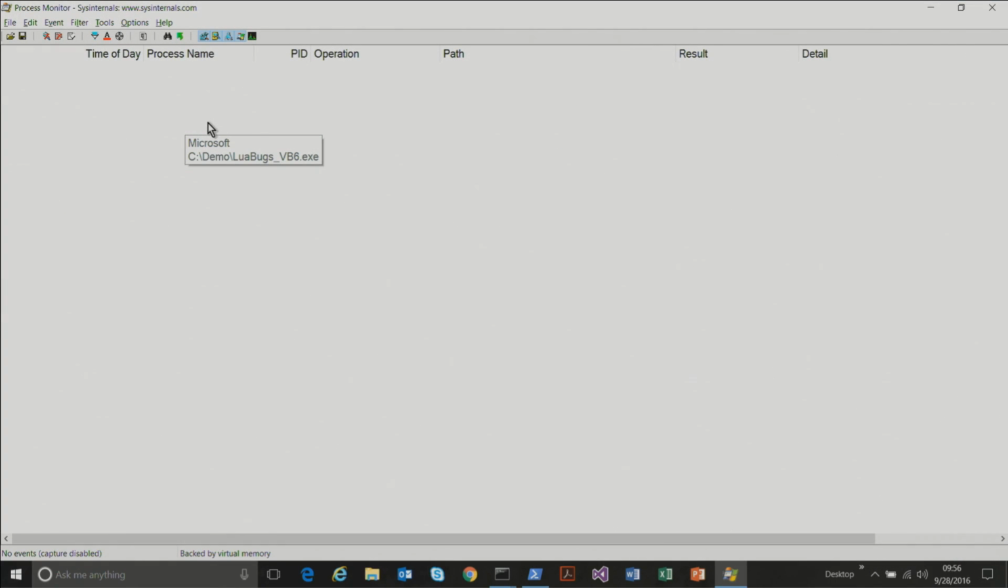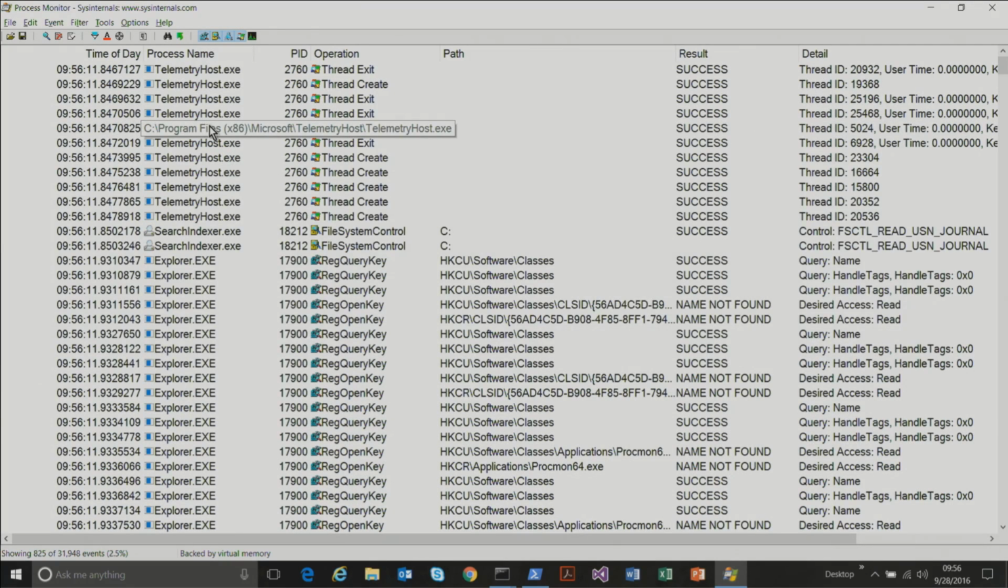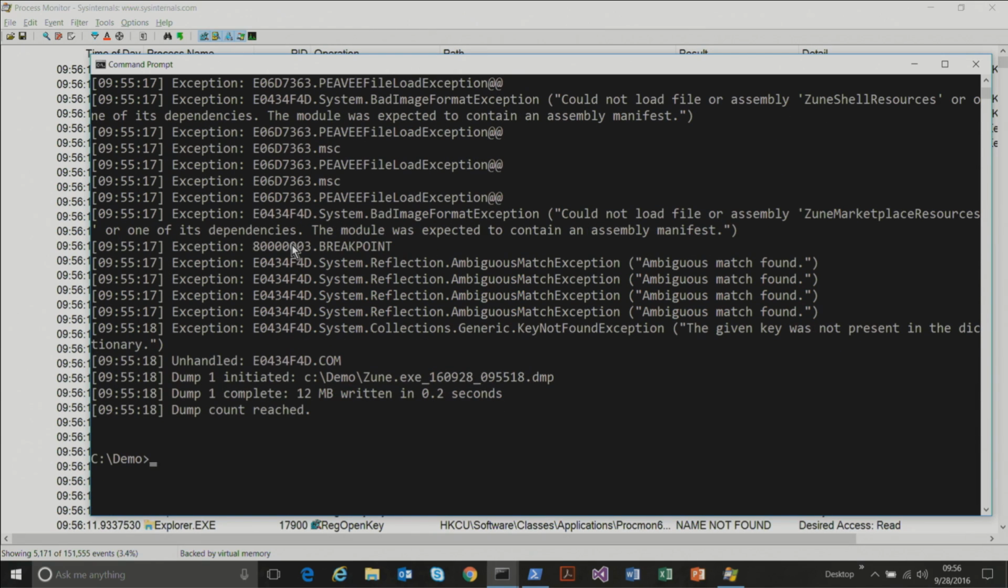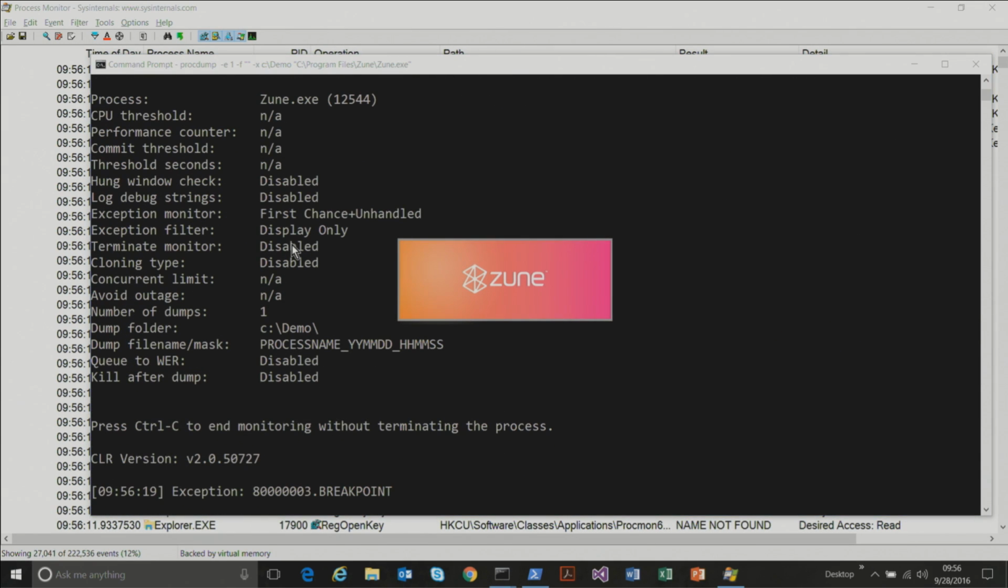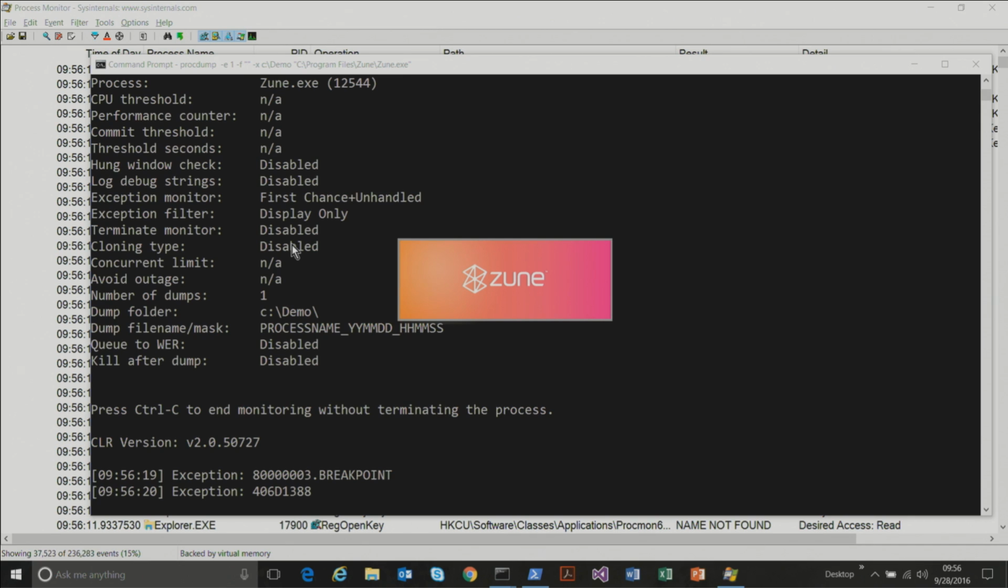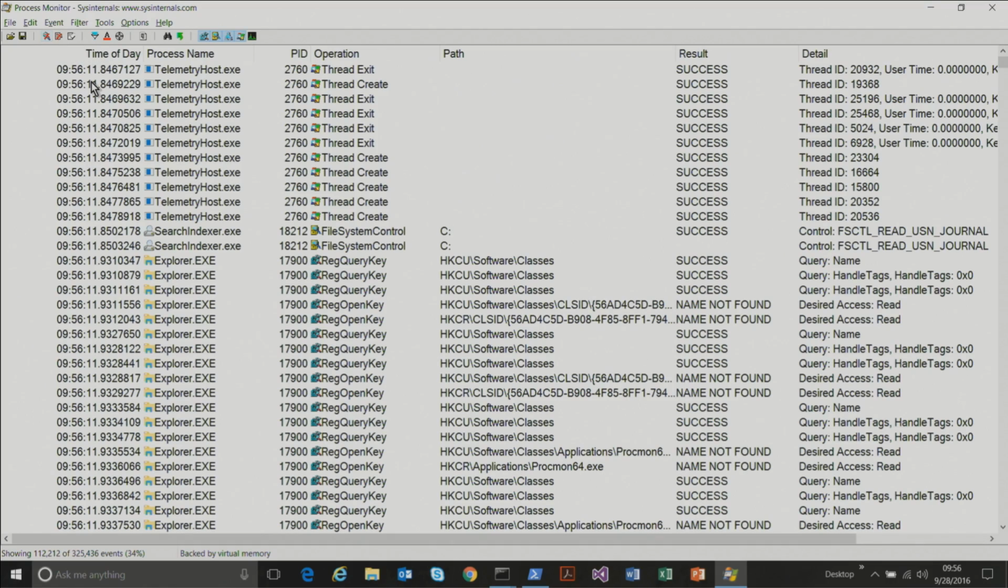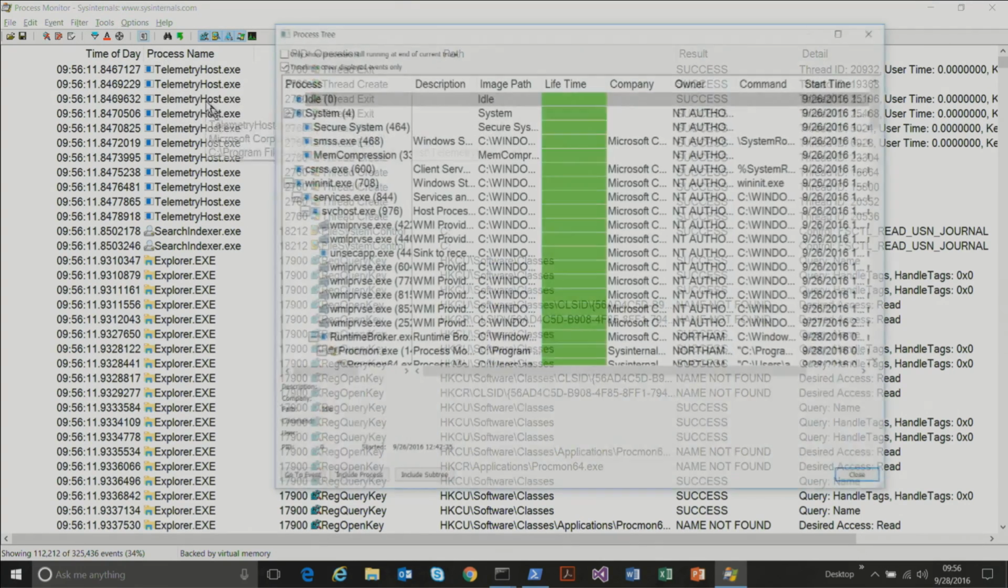Reset everything here, start the trace, run this again. You see all this output that ProcDump is producing? There's a feature in Process Monitor that allows you to write debug output to its custom interface, and ProcDump does that. So let's go to the process tree